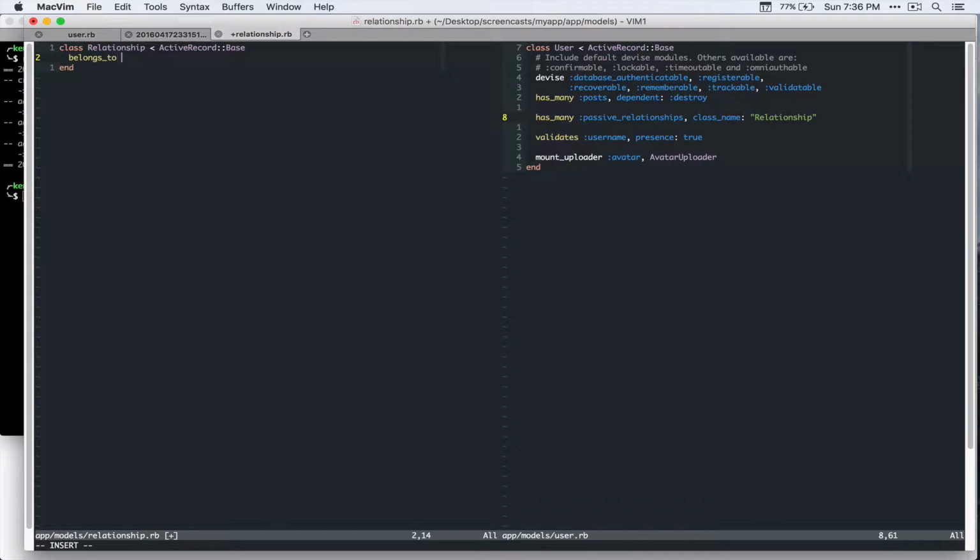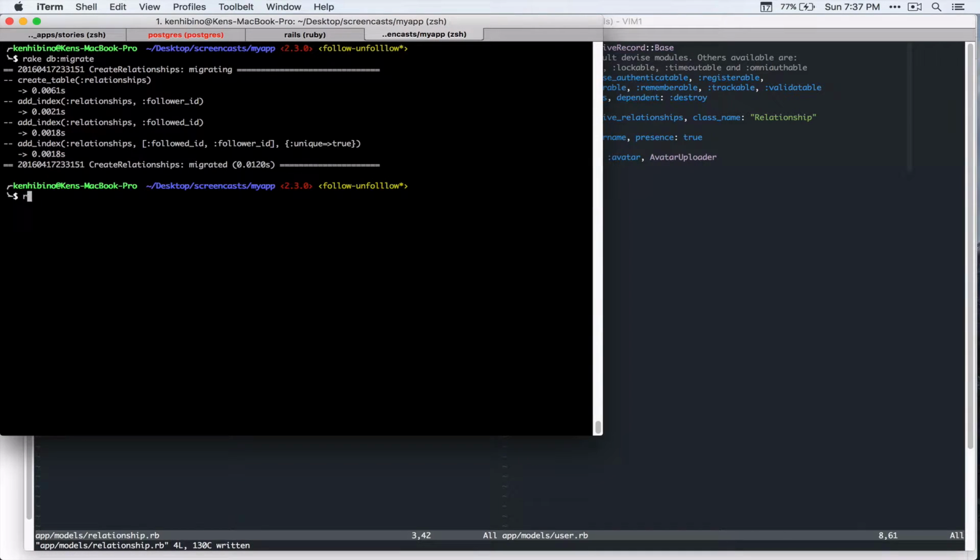Belongs to follower and belongs to followed, and we have to provide a class name here as well, because active record has no way of knowing which table to use. Alright, so let's open up Rails console,